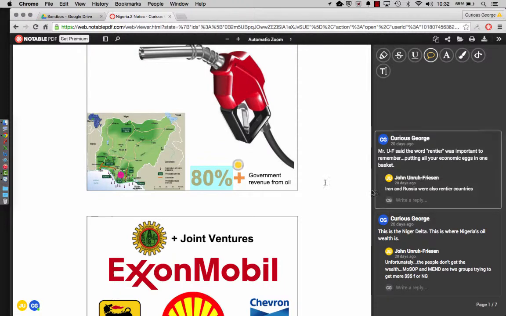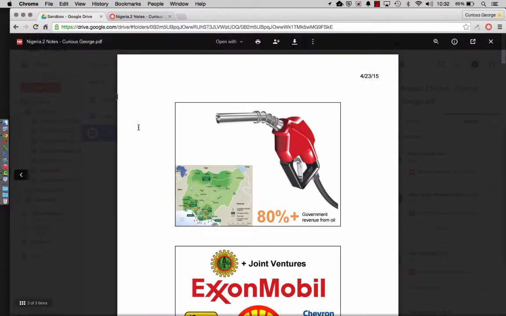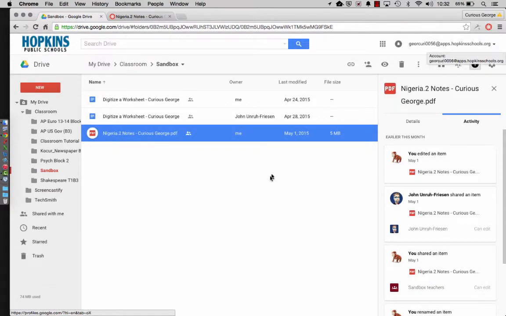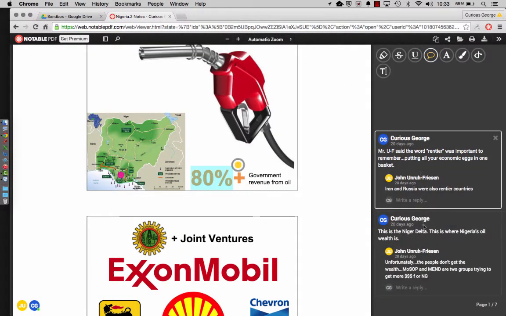Now, there's a little addition here if you notice, and it looks like John Unruh-Friesen is now commenting on Curious George's notes. How did that happen? Well, what Curious decided to do for his friend John is, John wasn't in class the day that they started the Nigeria notes. Curious decided to share his notes with John. Now John is a collaborator on the same set of notes, and they collaboratively then decided to take notes together